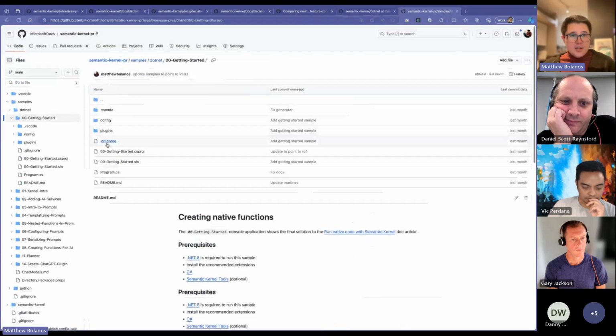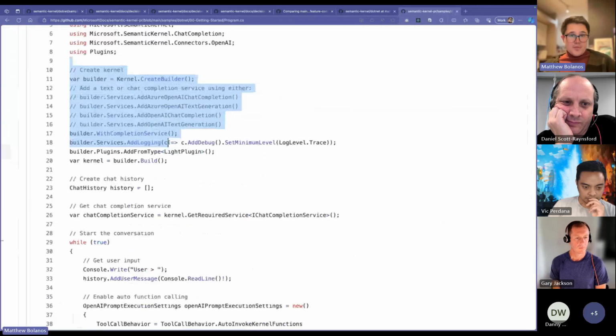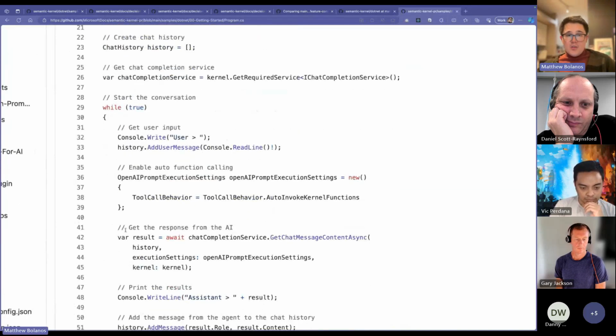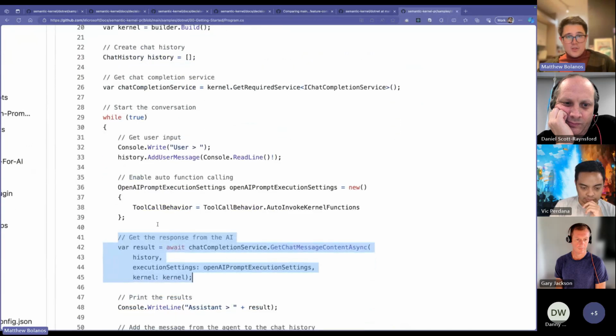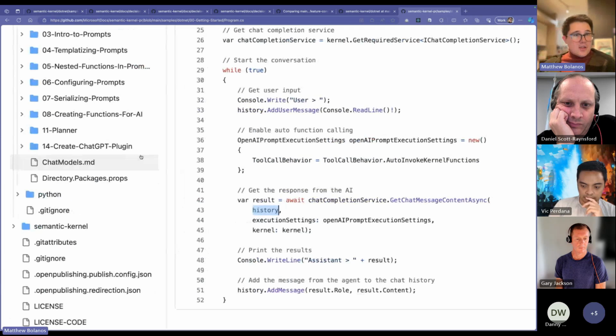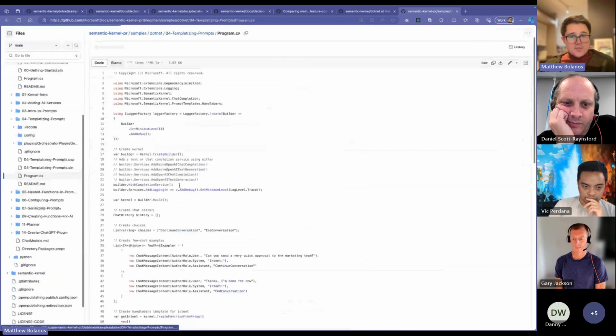Okay, so if we take a look at our automatic function calling, the way it works is you build your kernel, give it a plugin, and when you call the actual LLM with your plugin, you can pass in a property that says, "Hey, I want to turn on auto function calling," right? When you do that, here we're passing in a chat history, but you can also pass in a templated prompt. Actually, let's take a look at this one. This is closer to what you're actually doing.